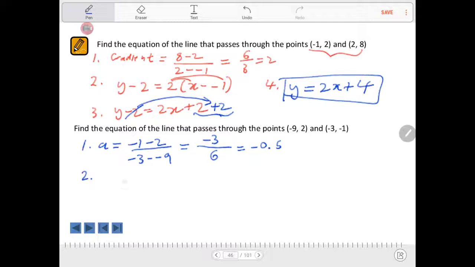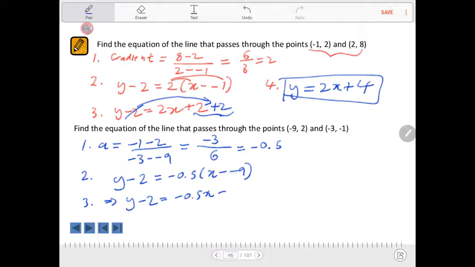Step 2, substitute. Y take. Now remember we can pick either point. I'll go with the first point. Y take 2 equals negative 0.5 times x take negative 9. Which means in step 3 we get y take 2 equals negative 0.5x